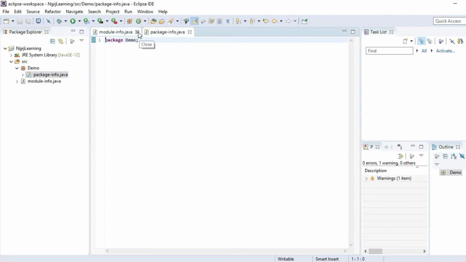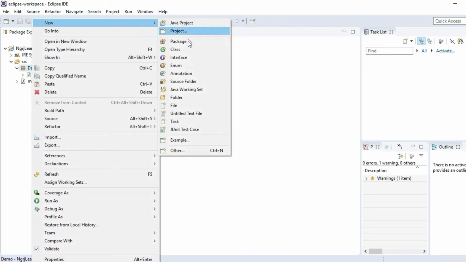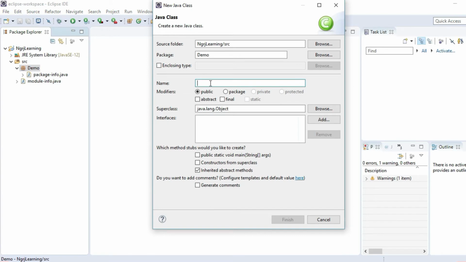These files are automatically created and of no longer use. For now, just remove them. To create a Java file, right click on Package, click on Class, give a name, MyFirstProgram. Please remember, the class name should start with a capital letter. The remaining must be in camel casing. Instead of spaces, we give capital letters. This is called camel casing. With these capital letters, we can assume that there are spaces between words.